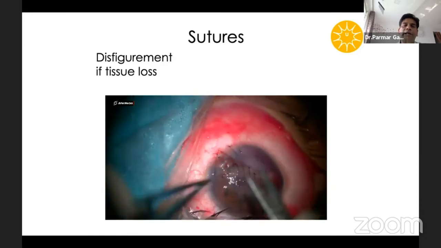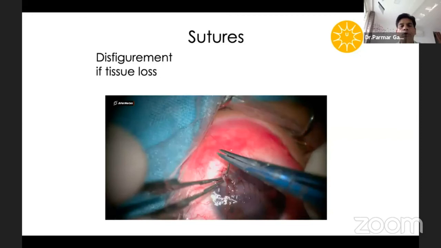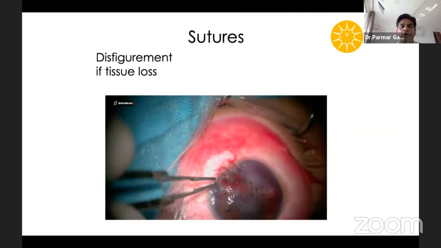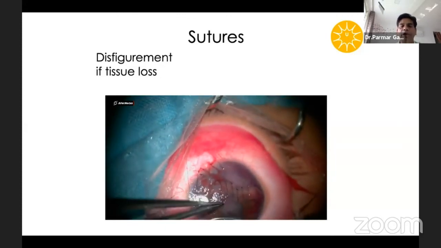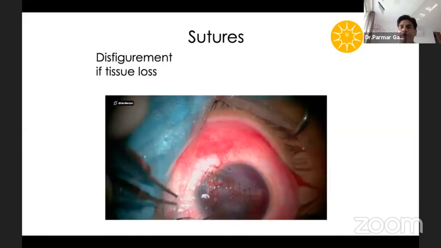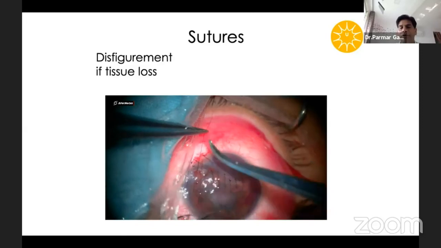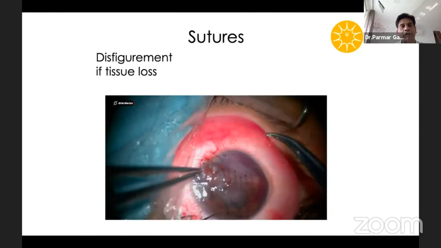I place it, incorporate it in between the sutures and put this small piece. This will give me a secure wound as well as least disfigurement of the cornea. Okay, so this can also be a helpful technique to achieve a good secure wound.